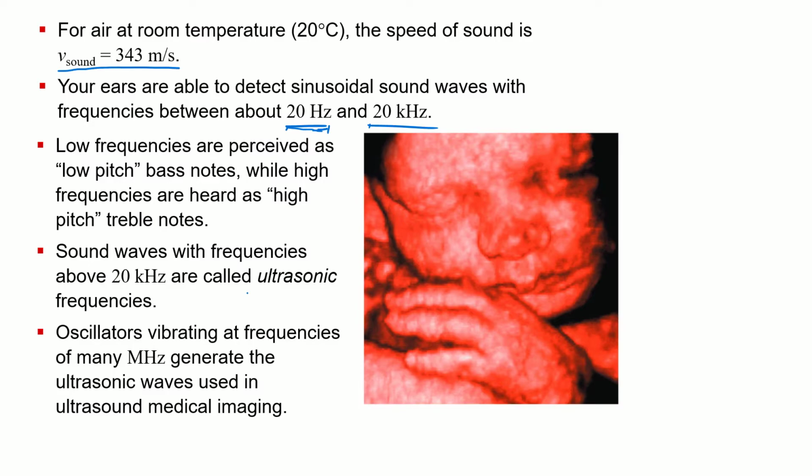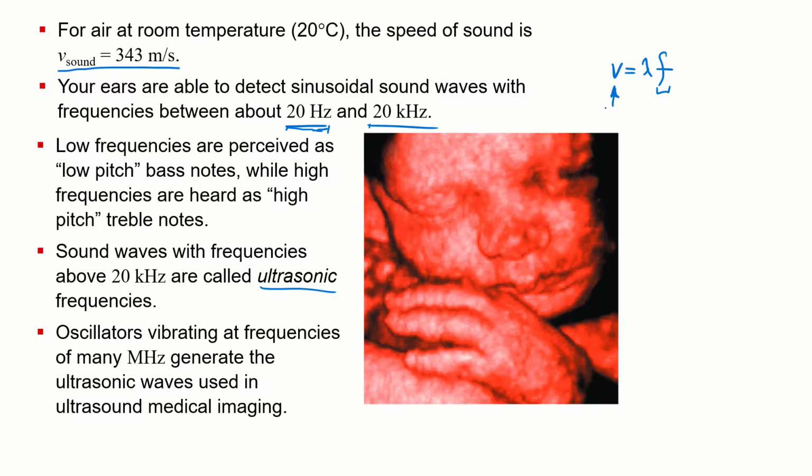If you go to frequencies much higher than that, above where humans can hear them, we refer to those as ultrasonic frequencies. And those are the types of sound waves that are used in medical imaging, to get these ultrasounds of tissue. You can think back to why ultrasonic frequencies work. We're looking at sound traveling through some medium. If we set this frequency really high, the medium will determine the speed of sound in that medium.